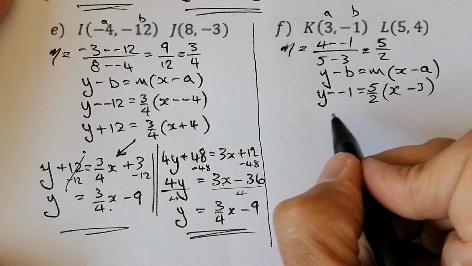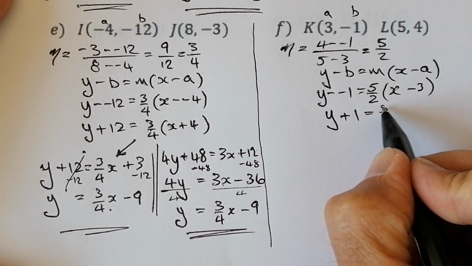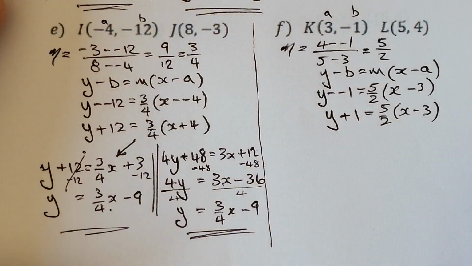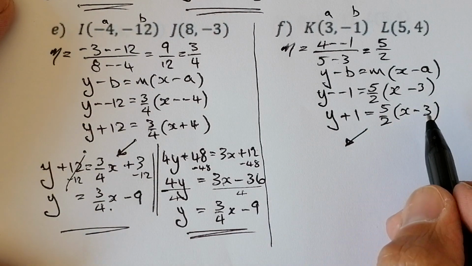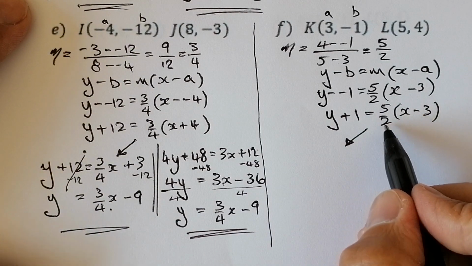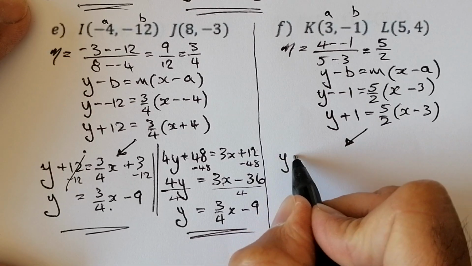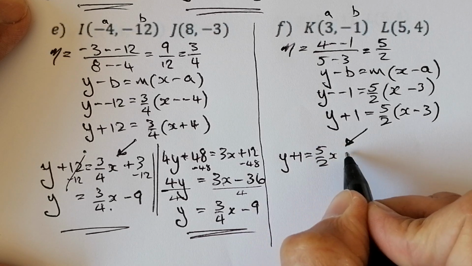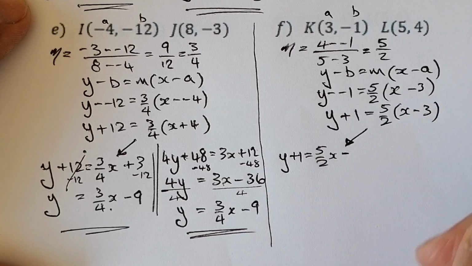So what we'll do is tidy this up a wee bit before we do any work on it. So that's y plus 1 is equal to 5 upon 2 x minus 3. So I'm going to do it two ways again. First way, I'm going to multiply the right hand side out by 5 upon 2 or 5 halves. So what we've got here is y plus 1 is equal to 5 upon 2x minus, I'm saying it's minus because I've only got one minus sign between the two of these, so it's a negative answer,